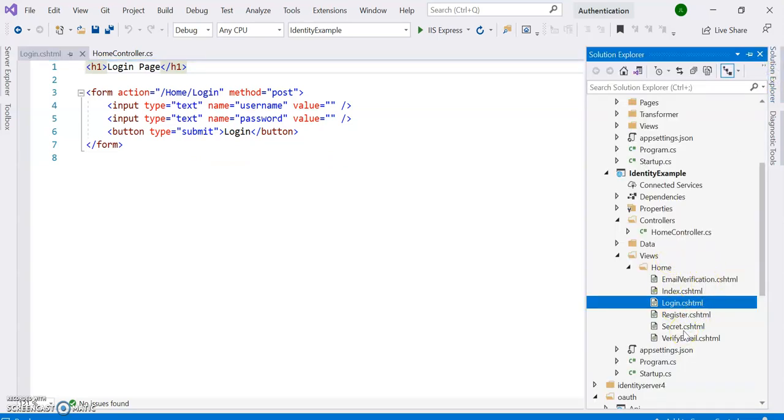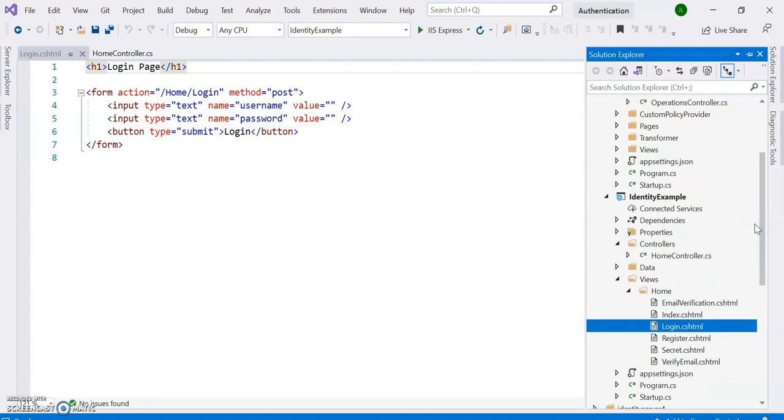So you can design your project, and by this identity example you can also verify your email ID for the login in this API. The basic idea of this project is a JWT token. When you are logging in to this first API, the login API, you need to register yourself with a username and password, and after registering you can log in to the API.